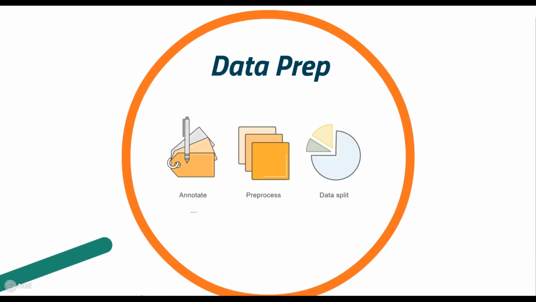So to begin, we have to prep all our data to create our model, right? When we have all the data, just having the data doesn't really mean anything. All this data is useless if it's not properly prepared and we're not able to make sense of it. So first we need to annotate our data. So we need to give it labels so the computer can know what is what,